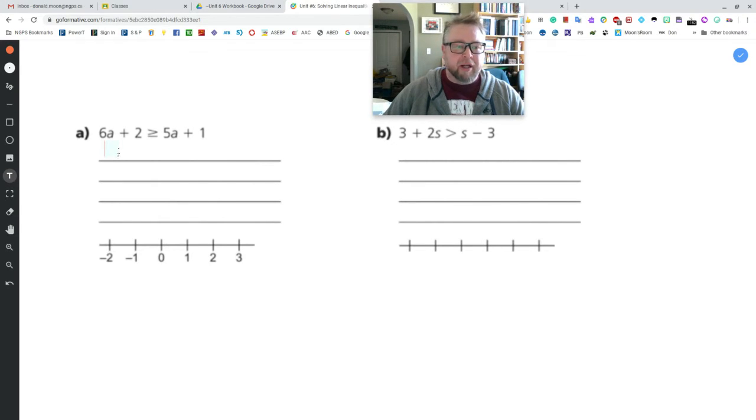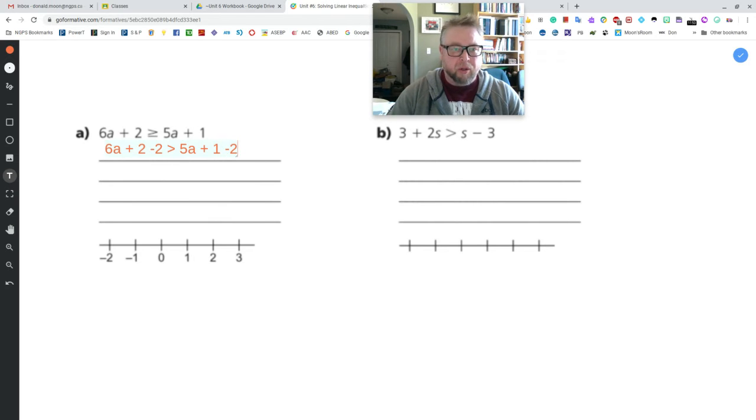So if I click right there, it gives me the little red line in the blue box, and I can type in there what I need to do. So this is 6a, and I'm going to plus 2, and I'm going to get rid of the 2 on this side first. Now the problem with this is that on your keyboard you do have greater than and less than, but you will have to add the equal sign after there. So in this case here, I have to do the greater than, and it's the shift above the period. And then I have 5a plus 1